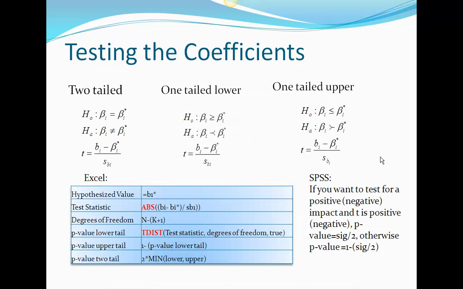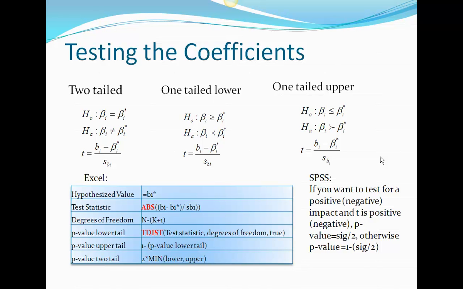Then I can do individual tests. So I'll use my t function. Again, I'm going to use my t distribution since I do not know the standard deviation of the population. So my t statistic is equal to beta that I get from my regression minus the hypothesized value divided by that standard error of the beta. And I'll have to work that out individually in Excel. Now, if that hypothesized value is 0, that will give me the p-value 2-tail, and that will be confirmed in